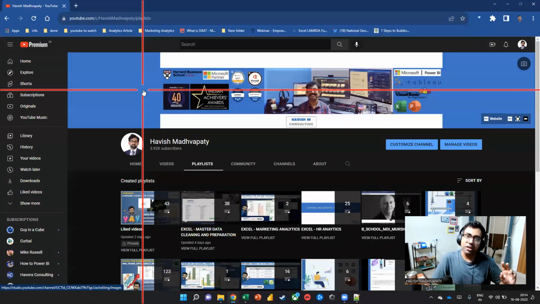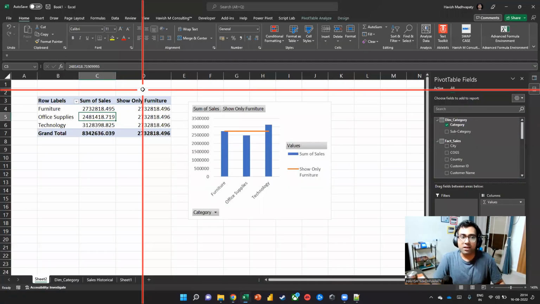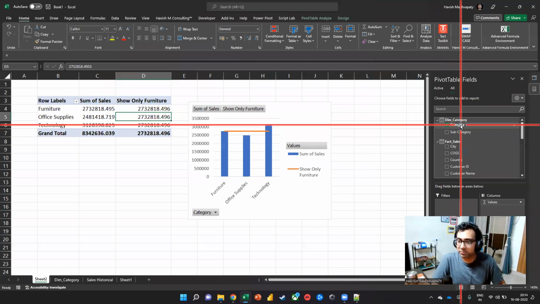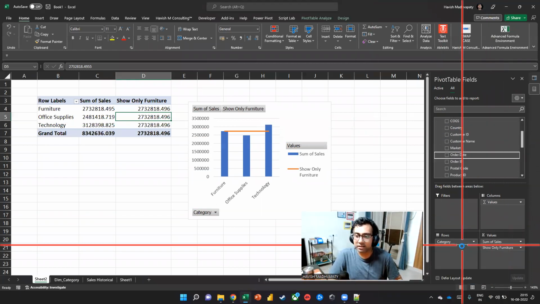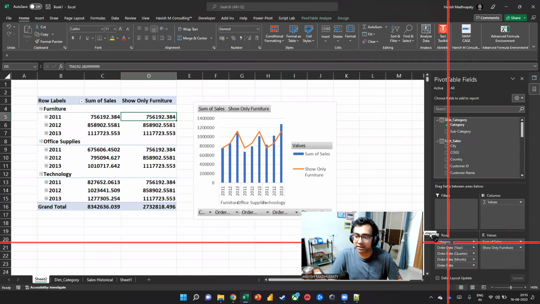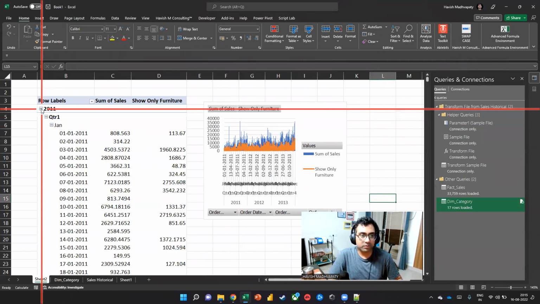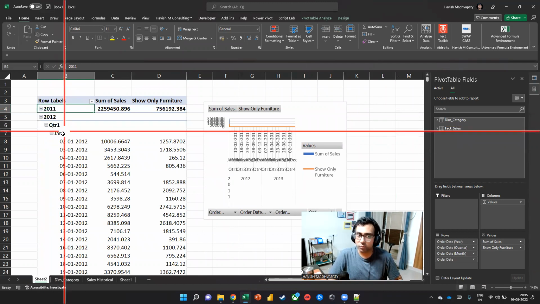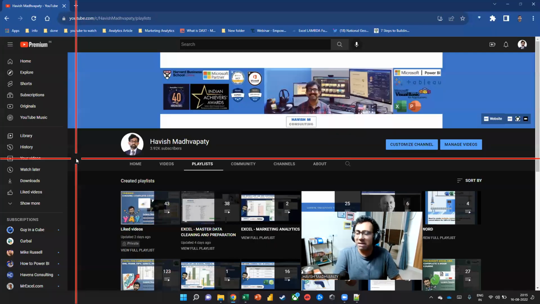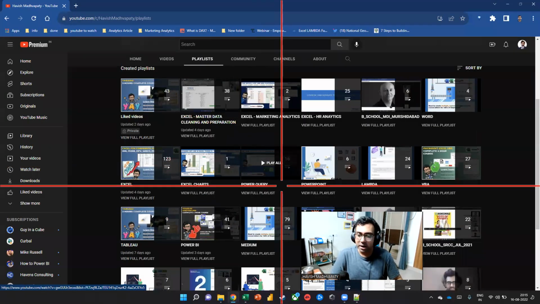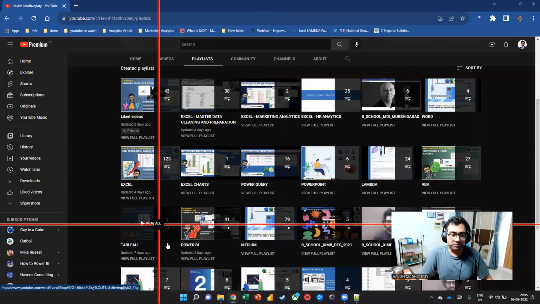whenever you want a financial year, because in a pivot table, we all know that if I keep my order date, you will notice that it will always start Q1, Jan, Feb, March. It will not consider Jan, Feb, March to be Q4, right? How do you solve that problem? I'm not going to cover it right now, but if you look at my playlist, everyone,